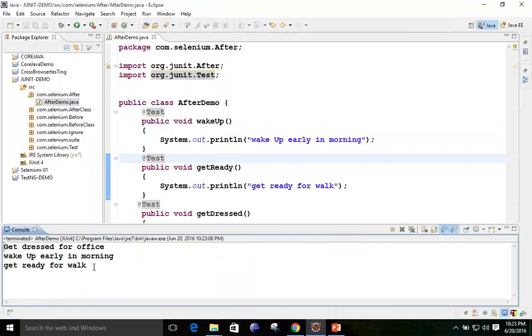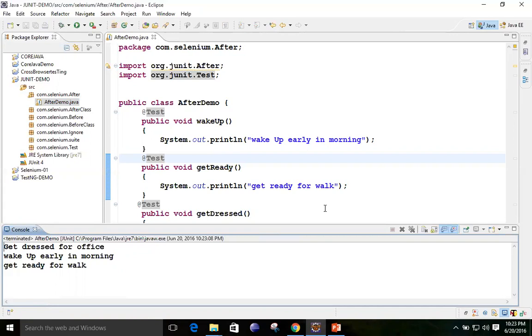Here you can see the sequence is not in the order in which it is written. Is there a sequence?